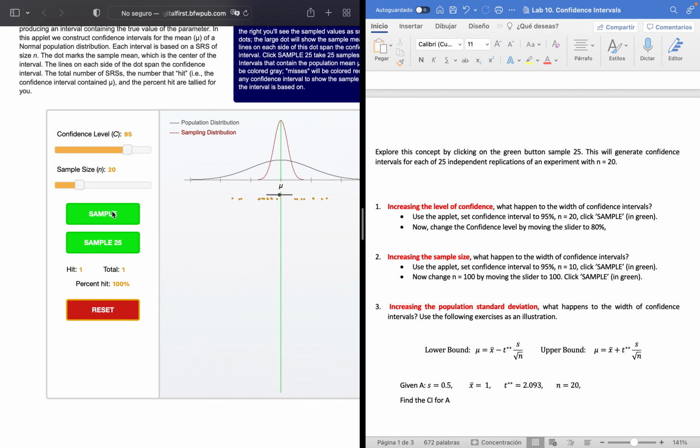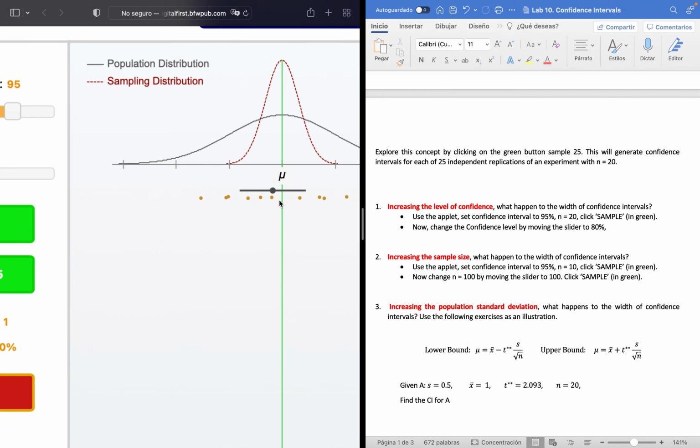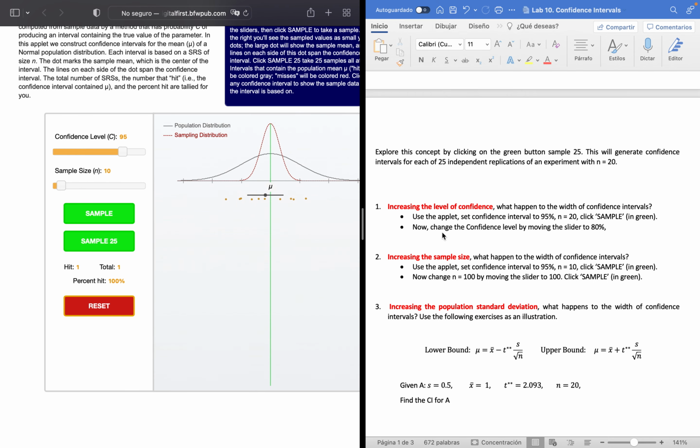There you have. Now I'm going to change n equal to 10, and then take one sample, and now change n equal to 100 by moving the slider to 100,